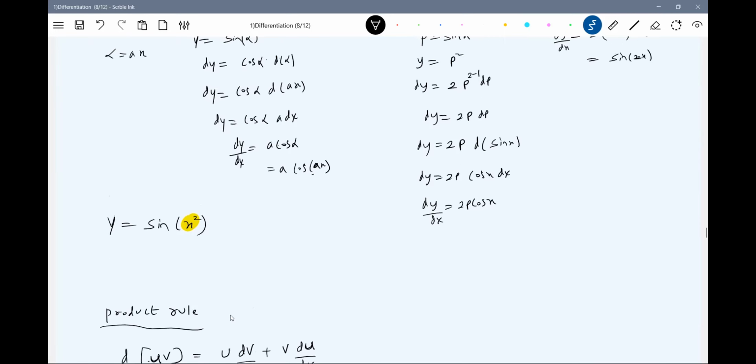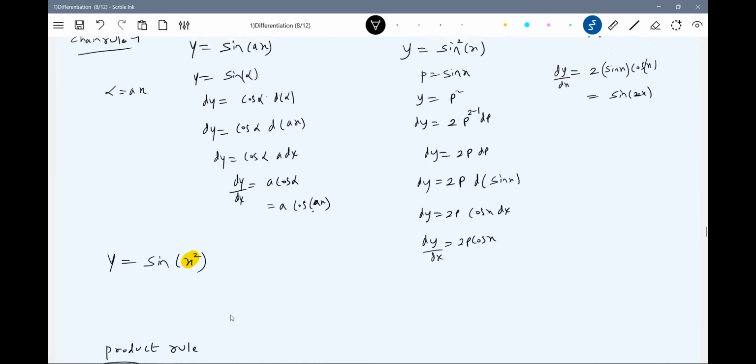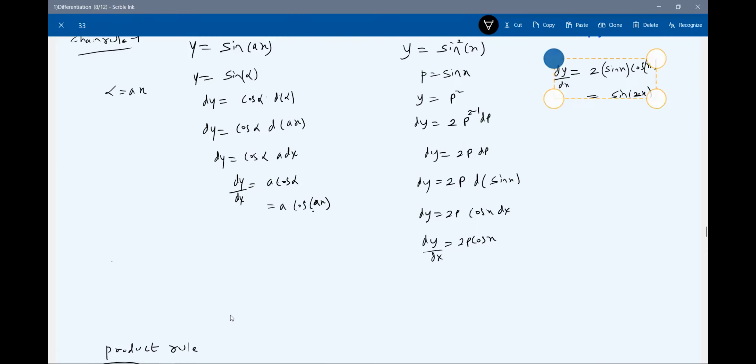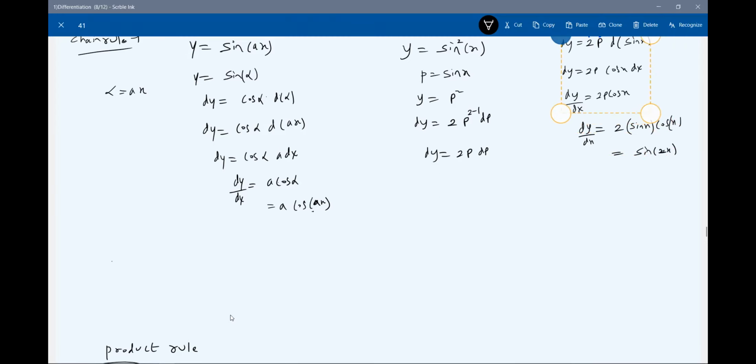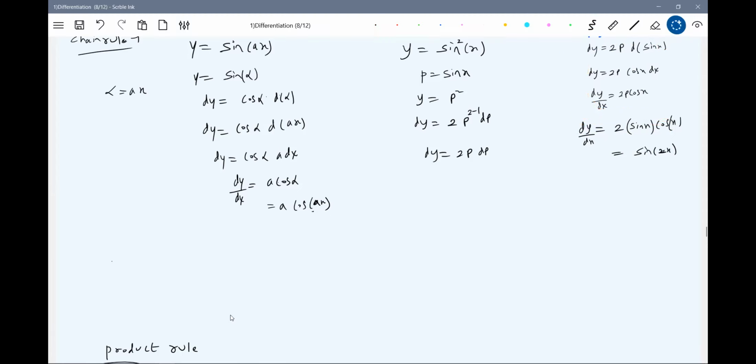Now sine of x square. Let me show it here. I need some space. All this you are going to explore more in mathematics, and only the physics aspect is what we are trying to analyze. Y is equal to sine of x squared. So dy is equal to the derivative of this function, which is cos x square times the derivative of x square. This will become cos of x square, 2x dx. So therefore dy by